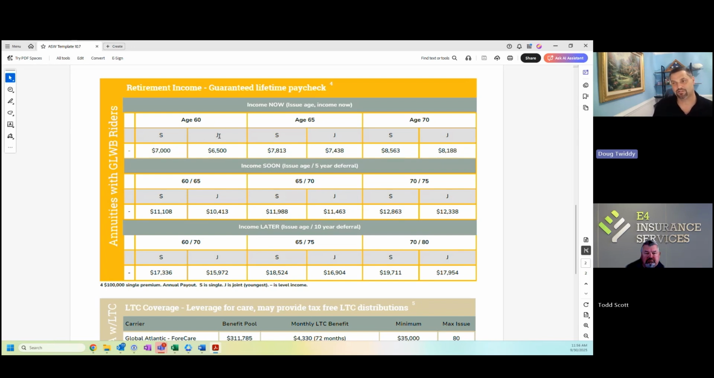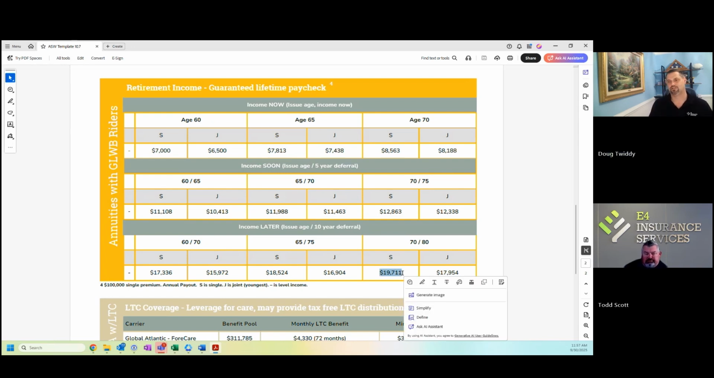But if a joint, right, you see the same numbers. If they're 65, doing the same thing, single income now, joint income now, 65 deferring 5, deferring 10 years, and of course, age 70 doing the same thing. All right, so we could potentially, just off of this grid, we could do things like give